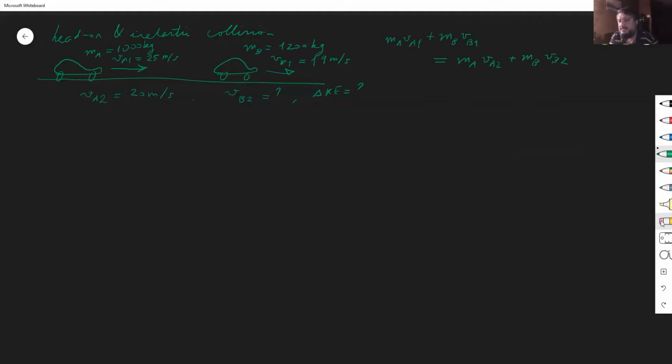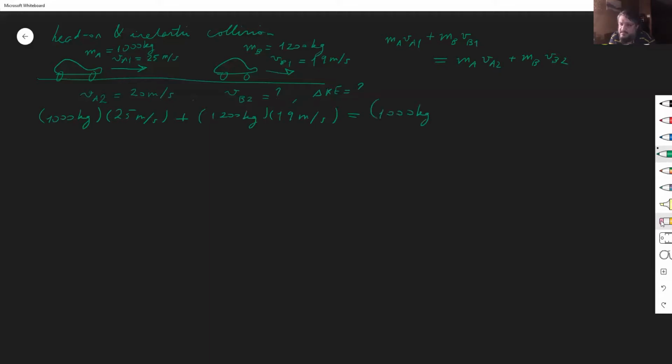All right, so let's plug in those numbers and see what the new velocity for B is. So 1,000 kilograms times 25 meters per second plus 1,200 kilograms times 19 meters per second. That will be equal to